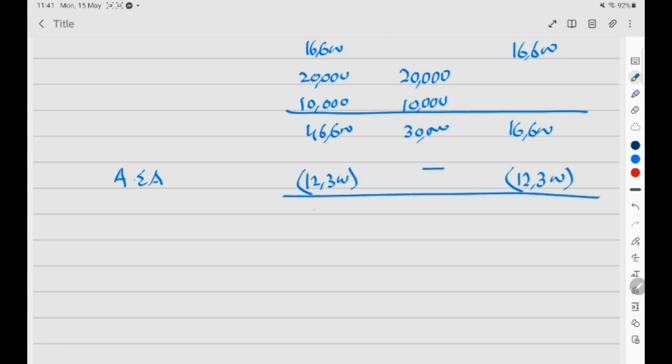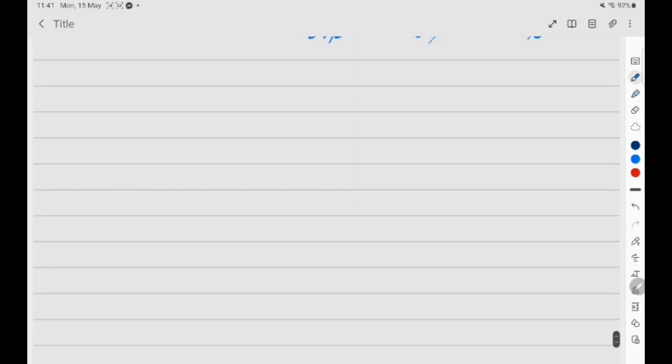So it will be now 34,300 and 4,300, and this will be 30,000. So now we have to calculate tax, but before that we have to find out the unused basic rate band,